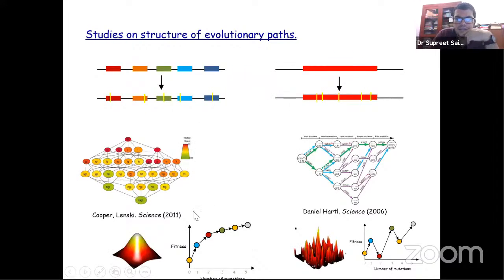And in the last 10-15 years or so, there have been these two very nice studies. One is from Lenski's group, and the other one is from Daniel Hartl's group. And they study two different systems. But the point that I want to communicate here is that when they studied this system in 2011, they found that the landscape, the geometry of evolution, looked as if you were moving up a very smooth hill. So the landscape is largely smooth, and hence you are all climbing towards the same hill.